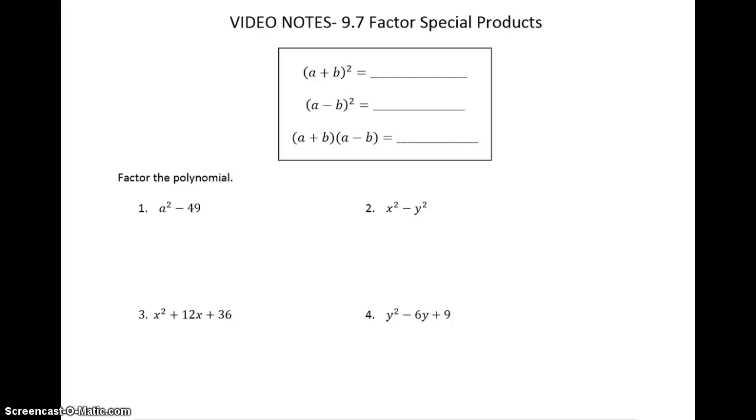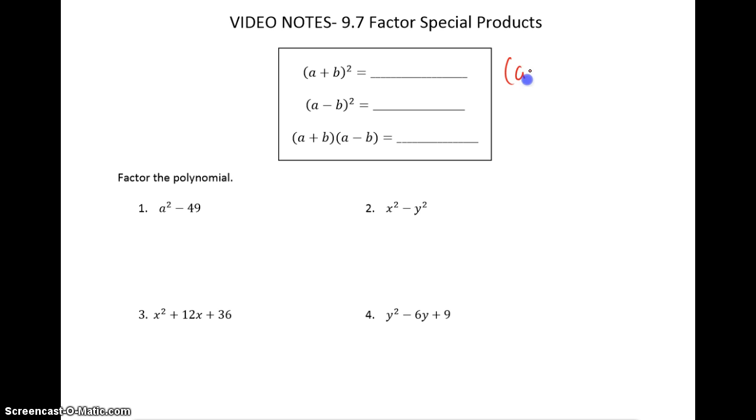Hello, these are video notes for section 9.7, and if you're in my iPad class, it's actually section 8.7. These are special products that we'll be factoring. Back at the beginning of the chapter, we looked at a few shortcuts in one of our sections for how